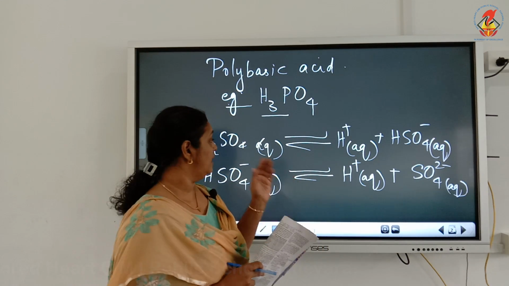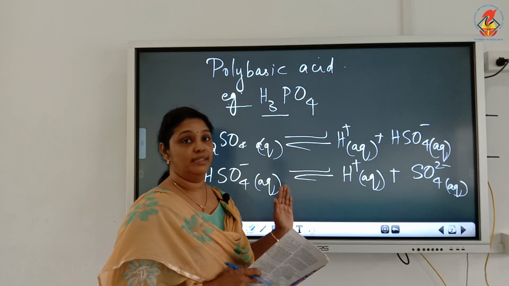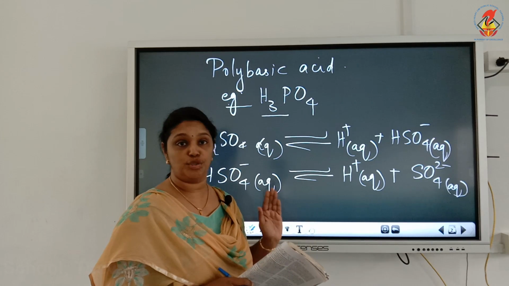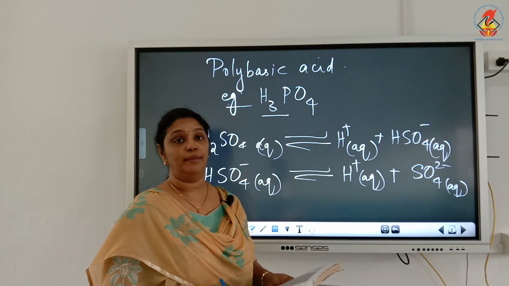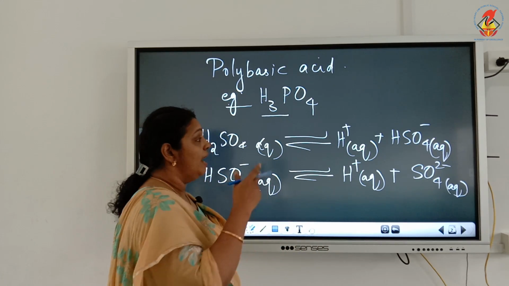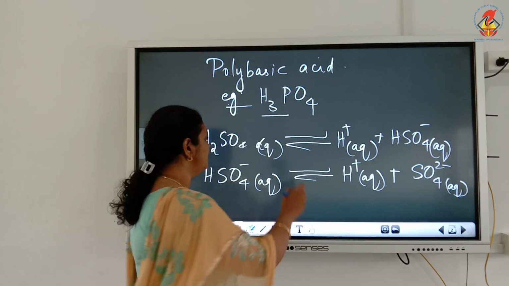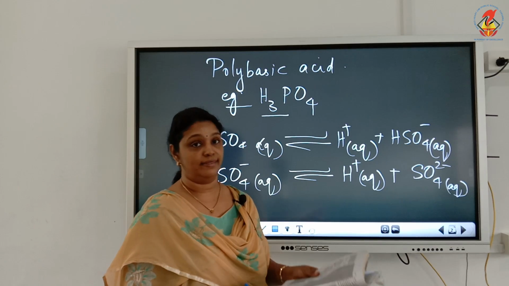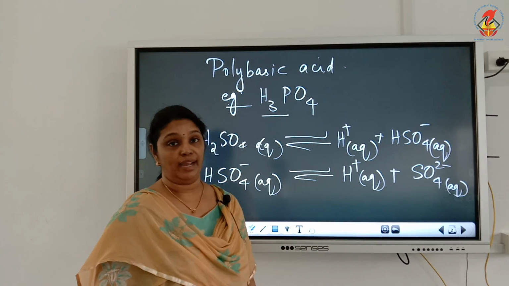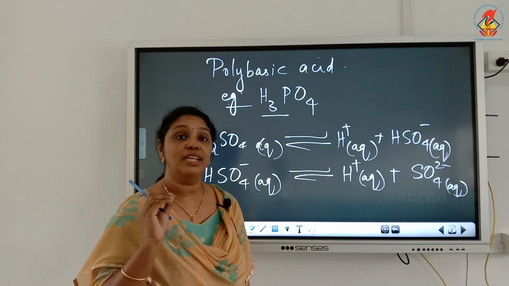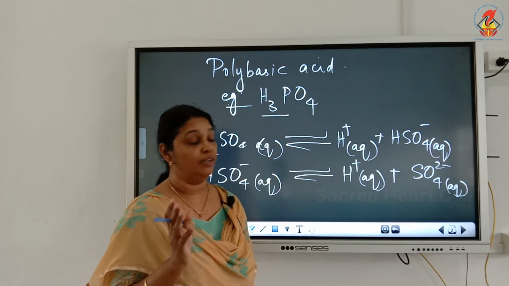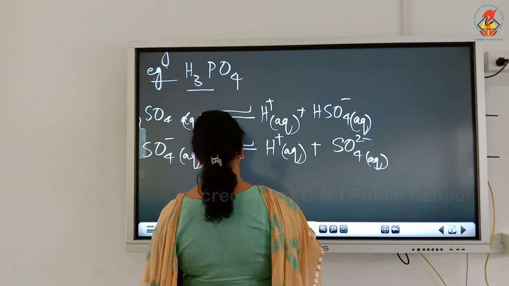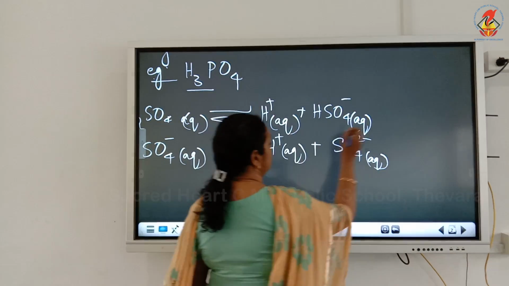So, we say that H2SO4, since it ionizes in two steps, or there are two ionizable protons in H2SO4, we can call it a dibasic acid. And these are the two ionization steps. This is the first ionization step and this is the second ionization step for sulfuric acid. Now, I am going to write the dissociation constant expression for these two steps. So, for the first step,